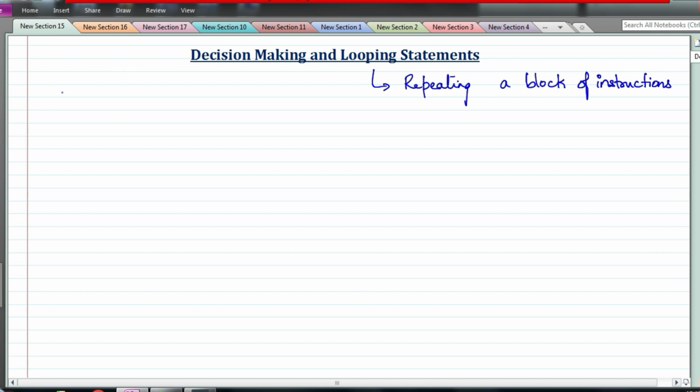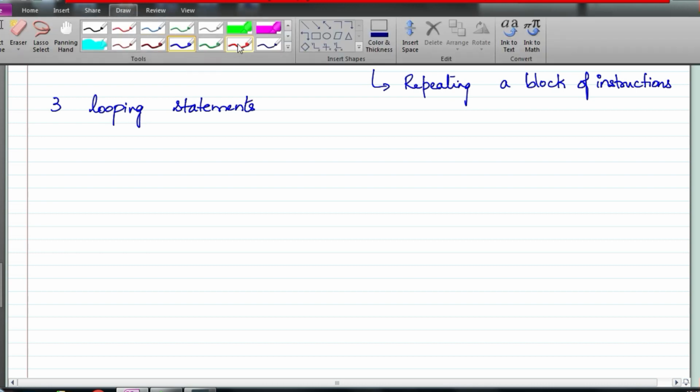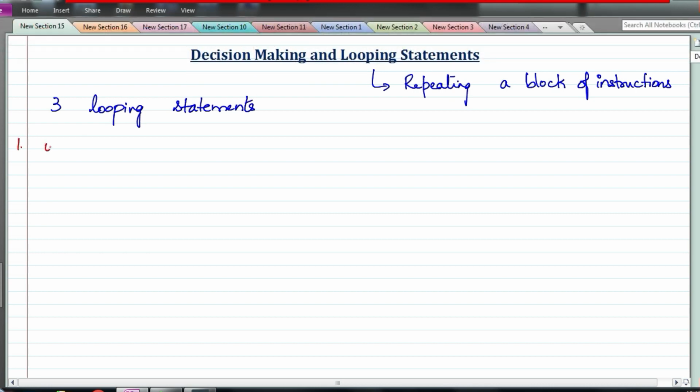In C programming, there are 3 looping statements. The first one is the while loop, then we have the do while loop.